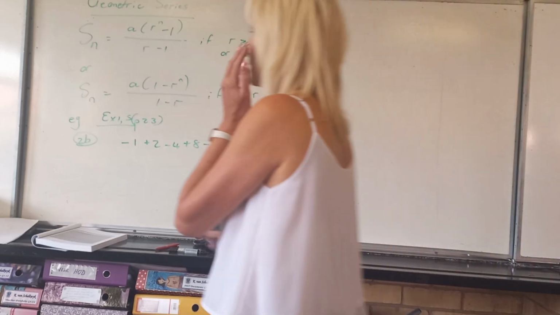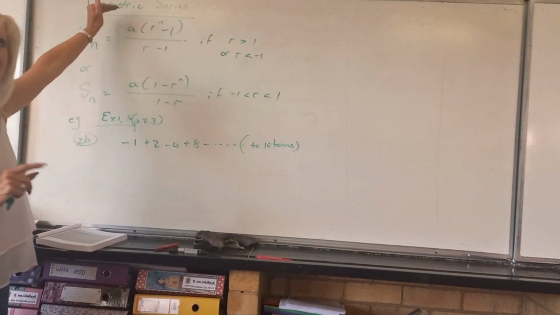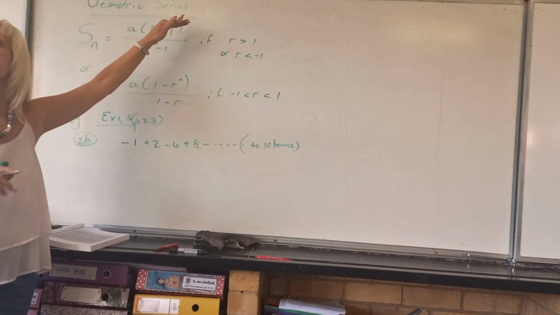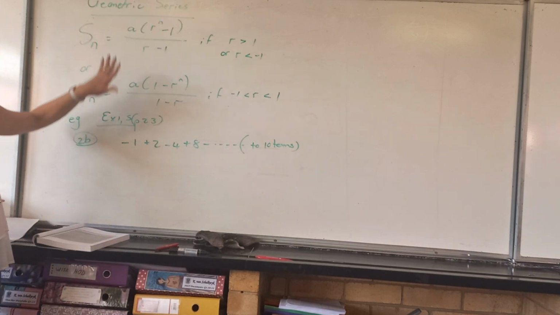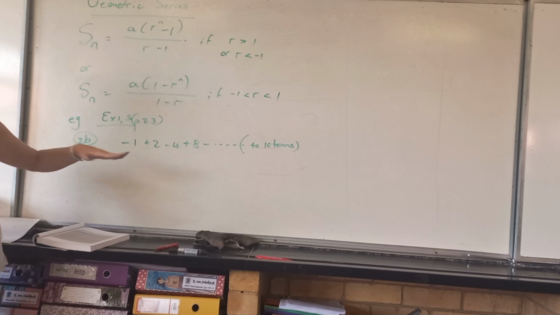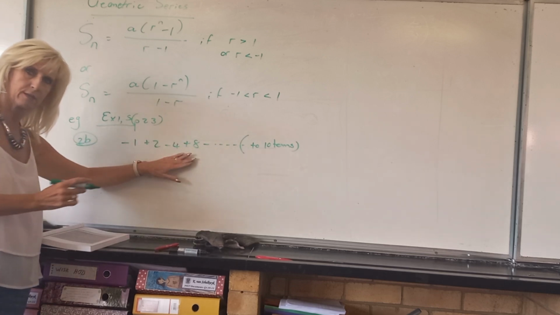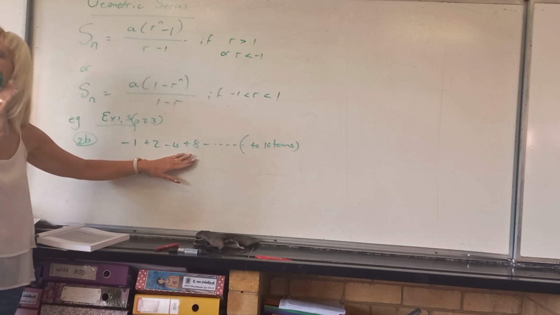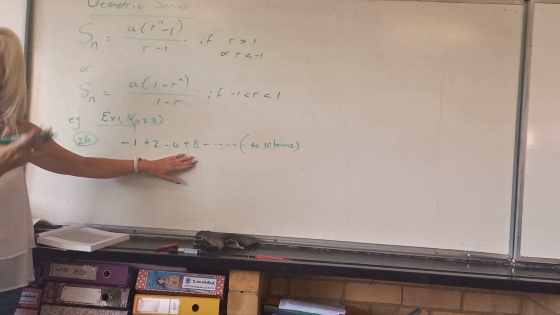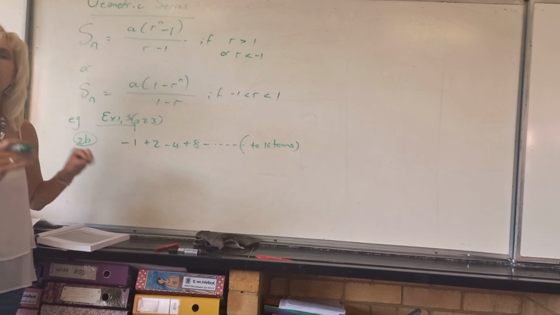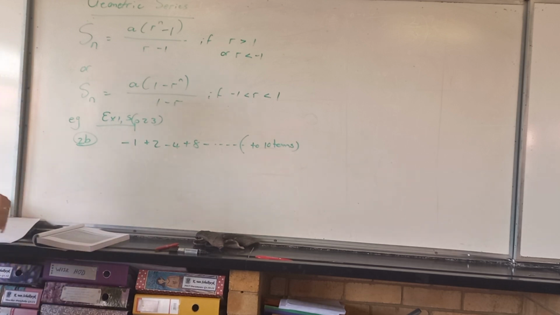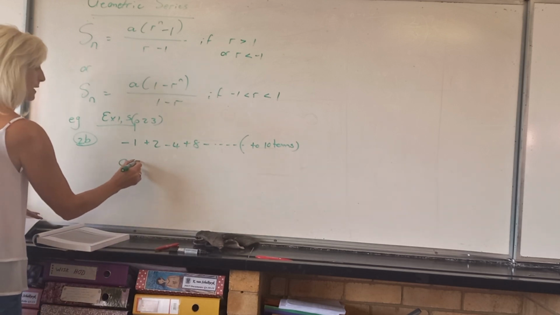We now also need to not only do geometric sequences, but we also need the series. All that means is we're going to do sum of. So when I give it to you in this form, whether it's got semicolons for a sequence, or whether it's got pluses and minuses for a series, it doesn't matter. This is still geometric. First thing you've got to determine is your A is